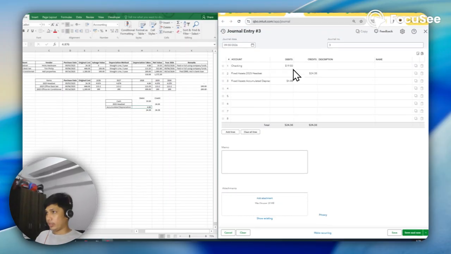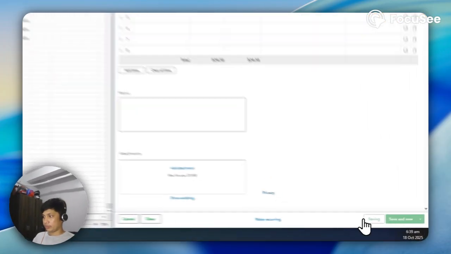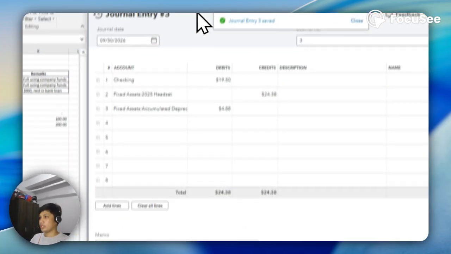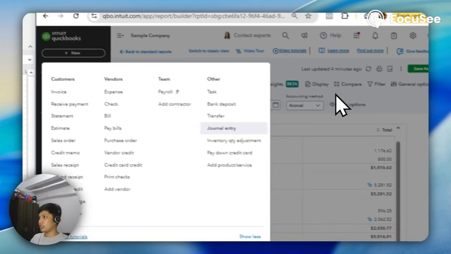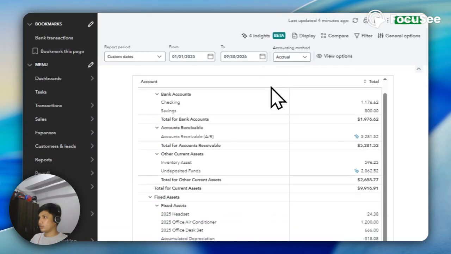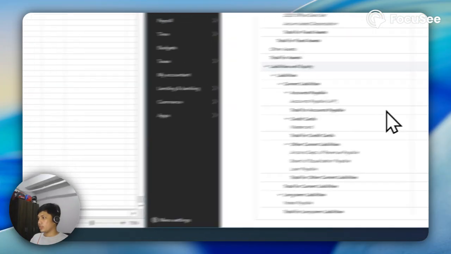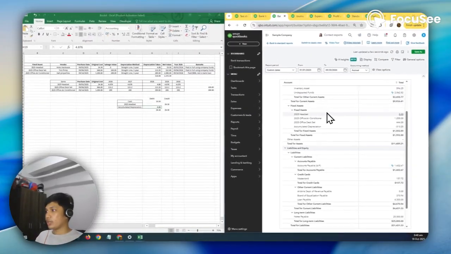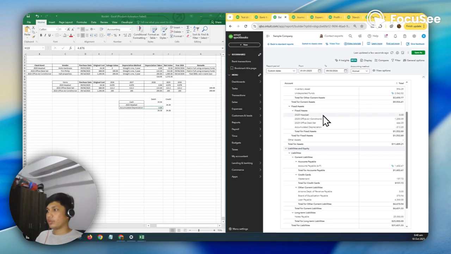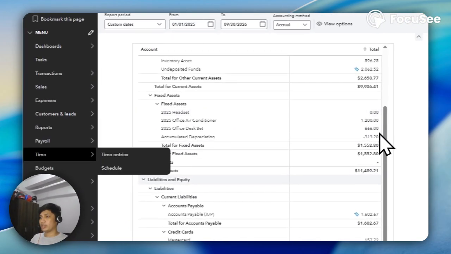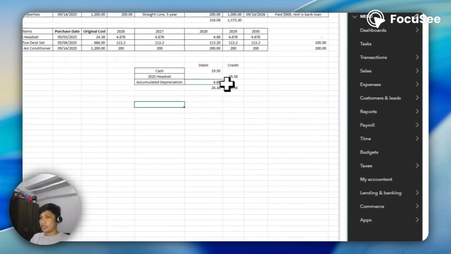So now we are balanced, and then I'm going to save. Let's check what happened in the balance sheet. Refresh. So now we have a 0 for the 2025 headset, and our accumulated depreciation is 313.20.